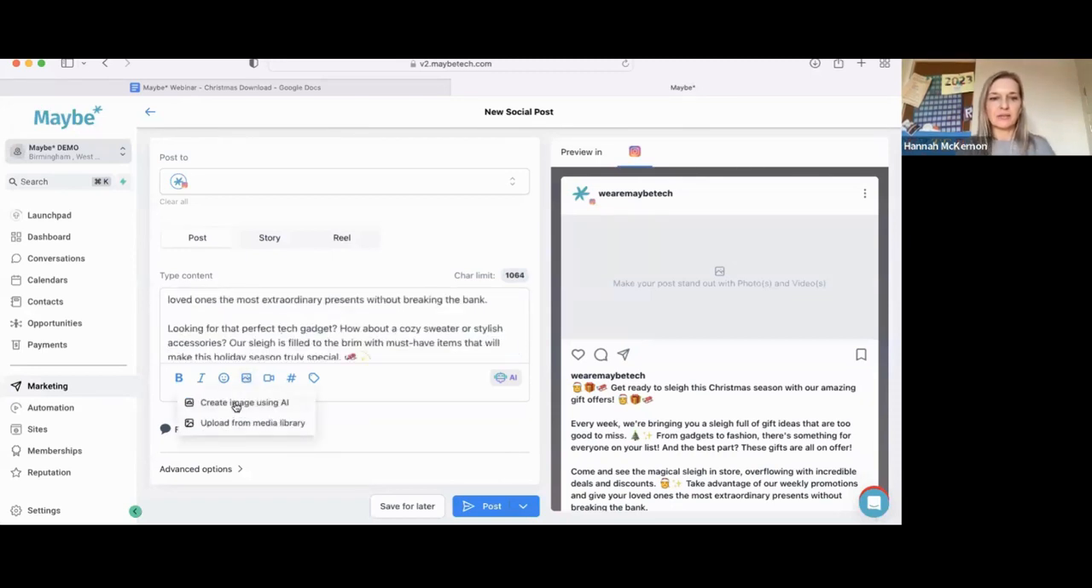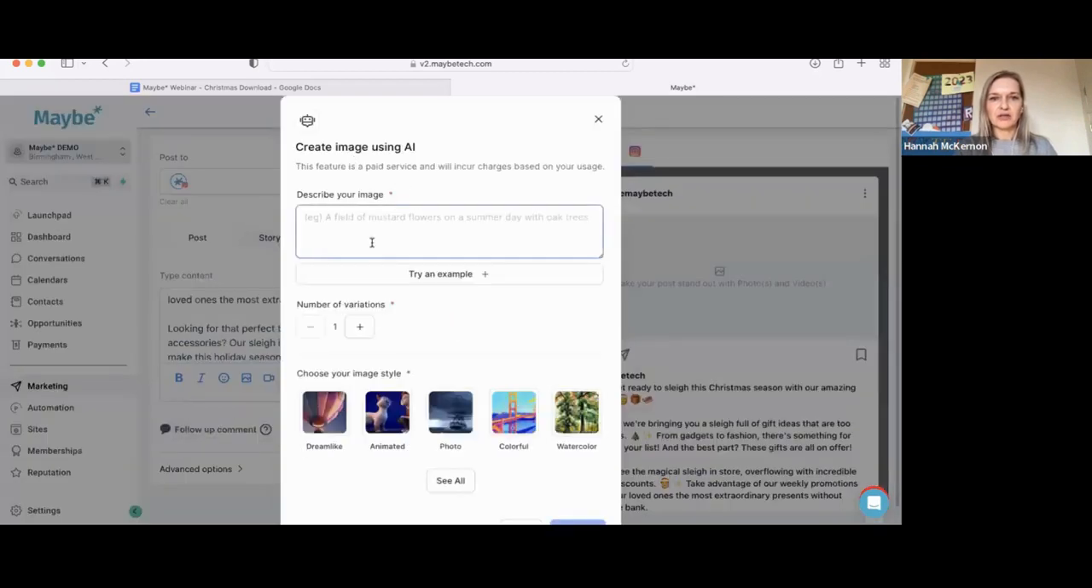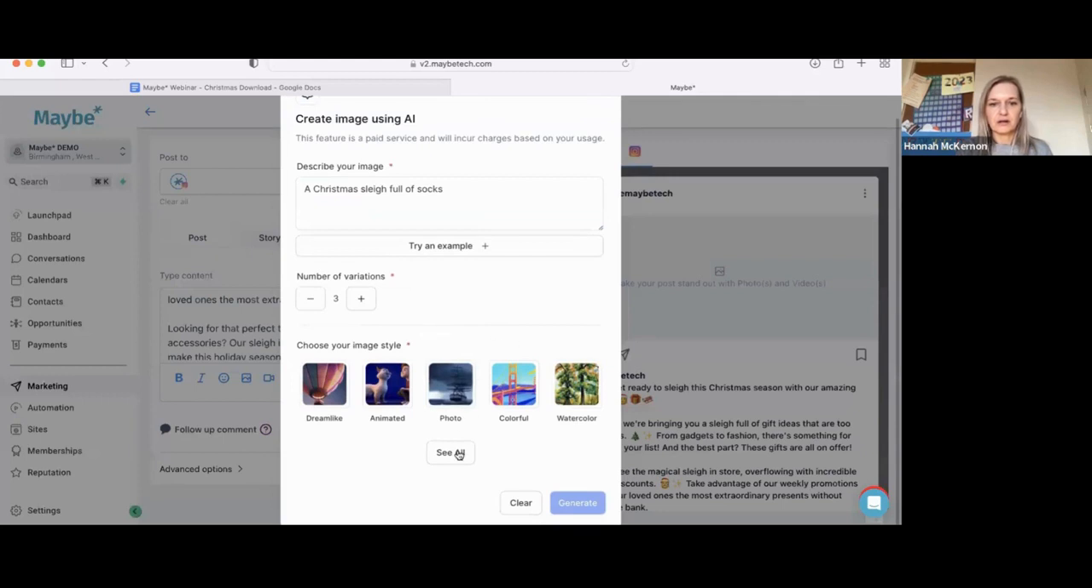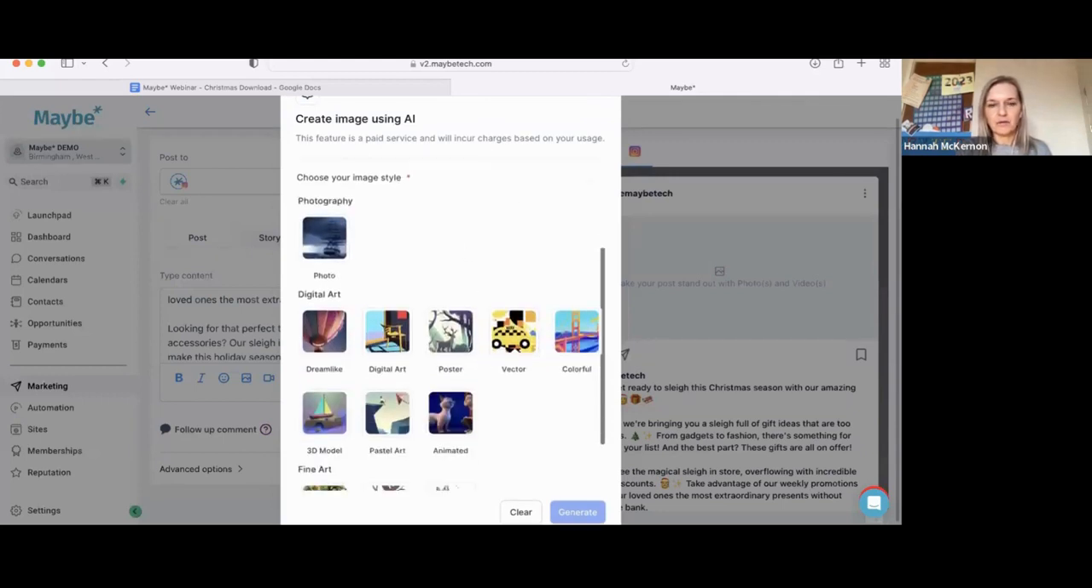But then let's have a look at the image. So create image using AI. So a sleigh. I'm going to go with the socks idea, I think. A Christmas sleigh. I don't think it would come up with any other sleigh. No, I don't think it would either, but the better you prompt it, the better the results you get. Yeah, definitely. Christmas sleigh full of socks. There we go. And then let's go for